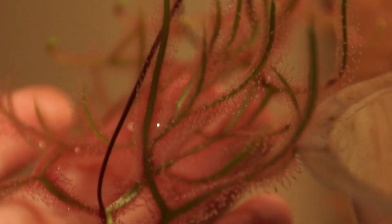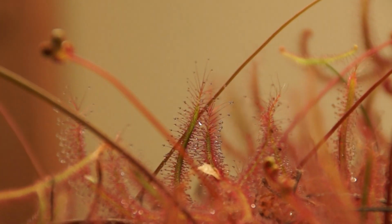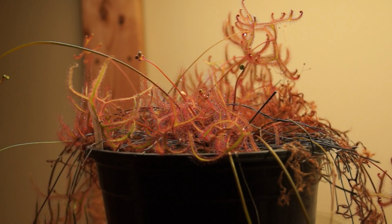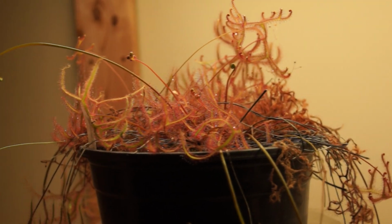Here's a bigger leaf. It's just a mess of sticky leaves. It's great. Love this plant a lot. Can't go wrong with a good Drosera binata multifida extrema. It's about as good as it gets. And then,